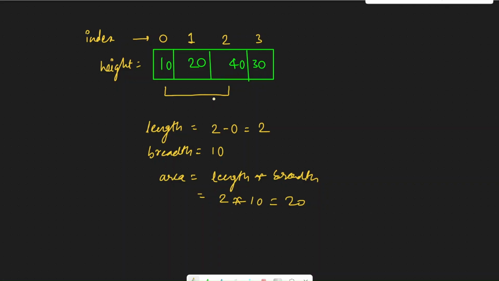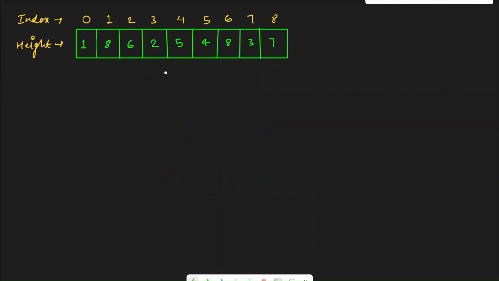Now with brute force, what we would do is calculate the area for this, then for this, then for this, repeat the process with 20, 40, 30, and then decide which area is the maximum. But this is not the best and optimal solution. For the optimal solution, we are going to use the two-pointers method. Let's understand how it can help us there. I have taken this bigger example, which is example number 1 already given in the LeetCode problem, and I'm going to explain this using the two-pointer method.